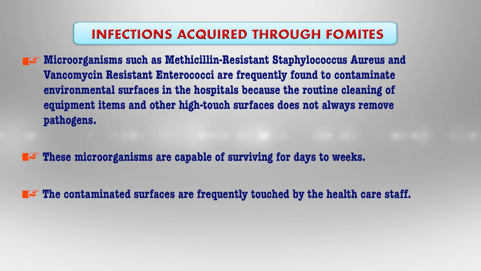The contaminated surfaces are frequently touched by the healthcare staff. Therefore, contamination of the hands or gloves by touching such contaminated environmental surfaces is also documented, and that can lead to severe skin infections, which we discussed in the table a few slides before, and that can lead to cellulitis, which may not even respond to some treatments. The most important thing a healthcare staff can do to reduce fomite transmission is to wash his hands